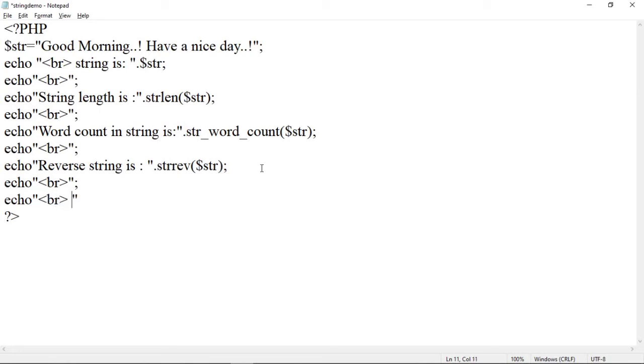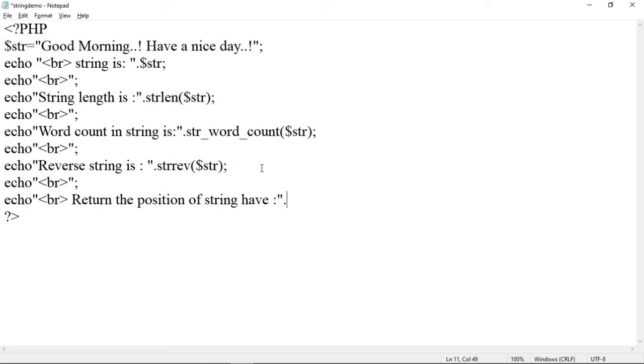So br, then "Return the position of string have". Return the position of string have. Then here use a concatenation operator dot.